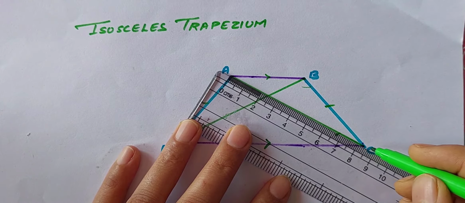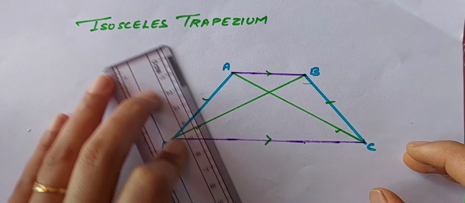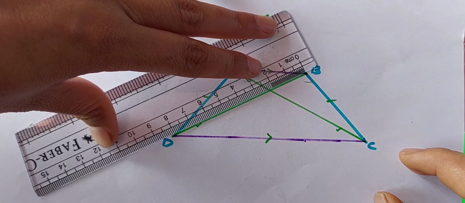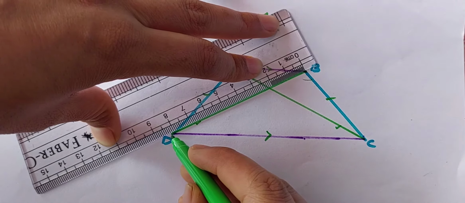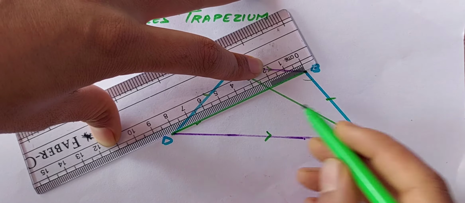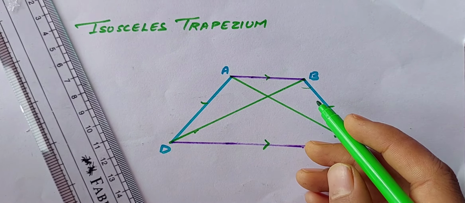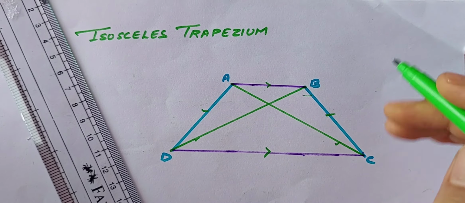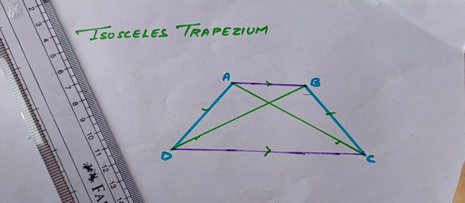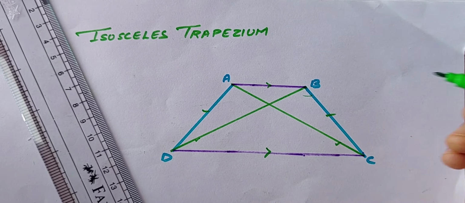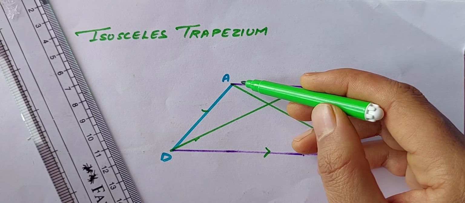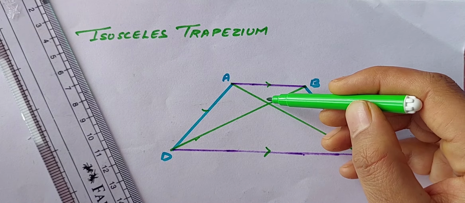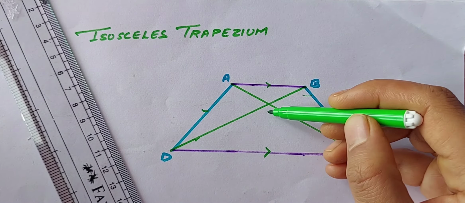So it's something 8 point something, I suppose 8.3. And here also, if you see, this is similar to 8.3. There is a bit of error, maybe because I did not use proper construction to construct an isosceles trapezium. So yes, their diagonals are equal. Do diagonals bisect each other? Is this diagonal bisected by this? No, they do not. This piece is smaller, this is bigger. Here this is smaller, this is bigger.